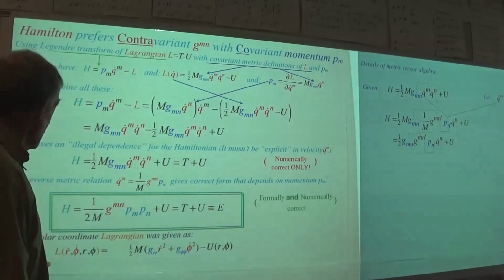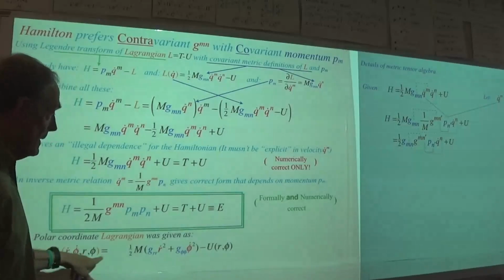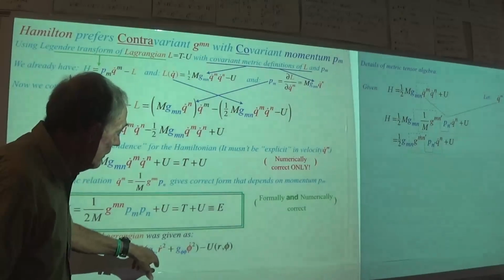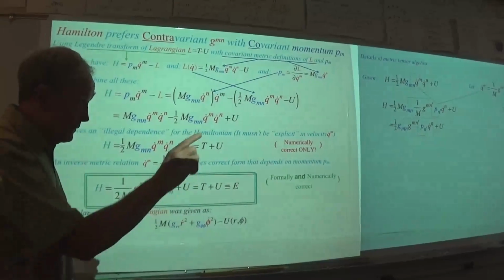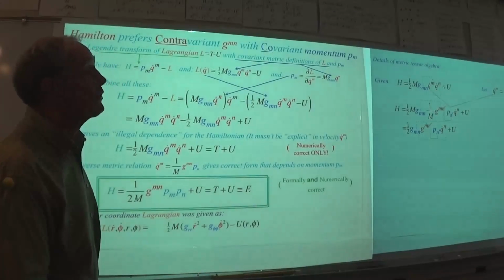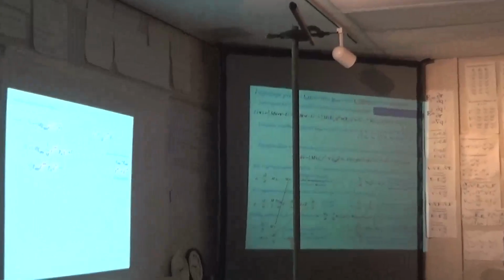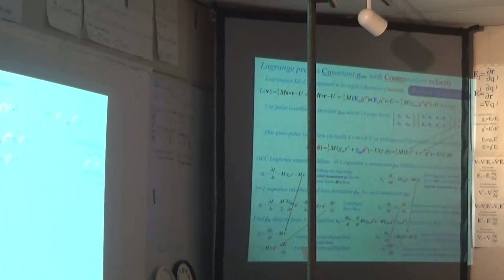And for the polar coordinates, for the Lagrangian, we have to know what G_rr and G_phi phi are. Remember, they are not so simple. They're written on that far screen down there with coefficients for G. Mn is up at the top there. R and Phi are the dot products of the